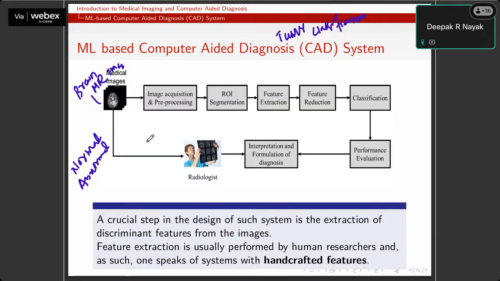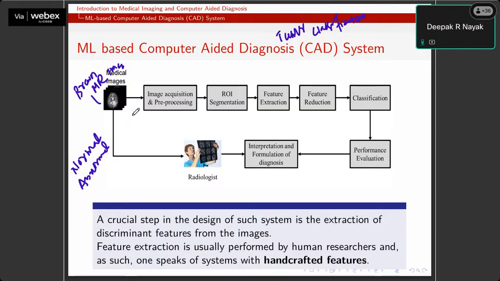The brain disease again is of different types. If you want, you can extend this problem to multi-class, where you assign a particular label with respect to the abnormal category. In that case, the classification task is going to be a multi-class classification task. But for simplicity, I'm taking two classes, one normal and one abnormal. This is your task.